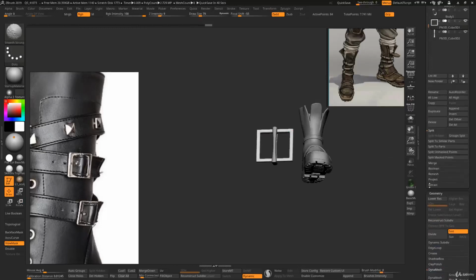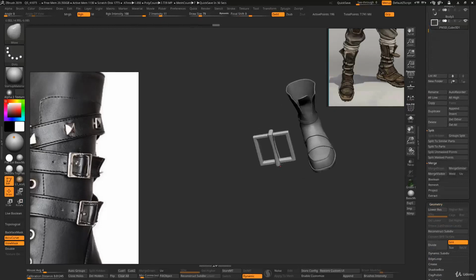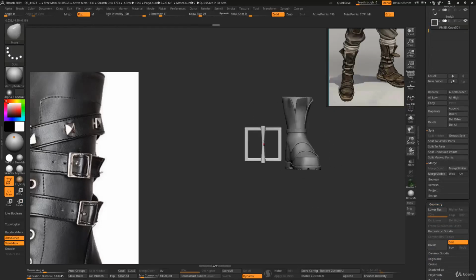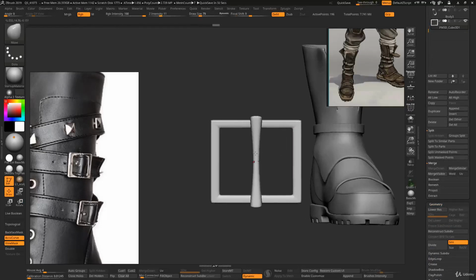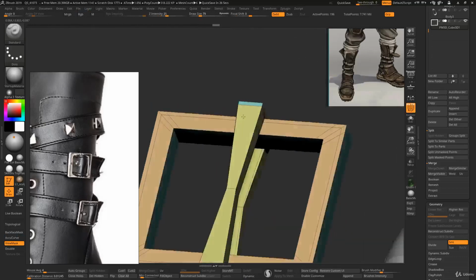Let's merge these two parts. Right? And here we also need,